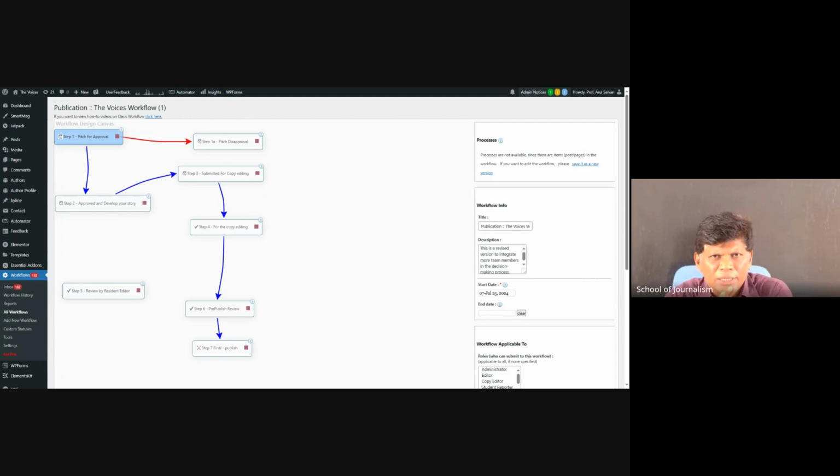There are around 10 to 15 members currently working with the Voices: editorial team members, student reporters, and the administrative people, editorial administration, where they take a call on story approval, copy editing, review, and publications. Your story idea goes to the editorial team members. All 15 members get notified that so and so proposed a story idea. Any one of them logs in, claims the story idea, and as per the discussion, if it is okay, they'll approve it. The blue color shows approval.